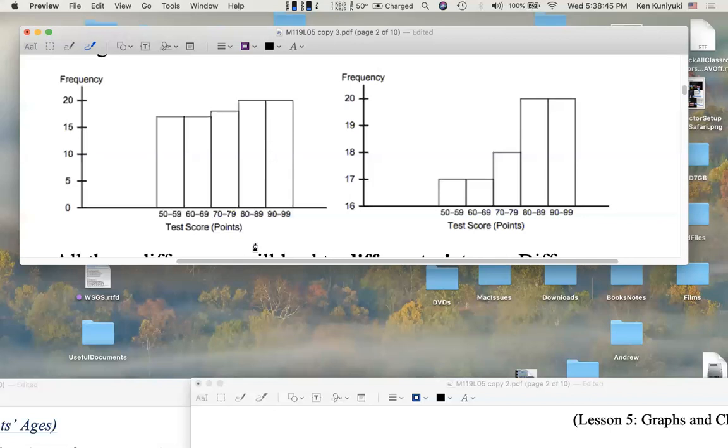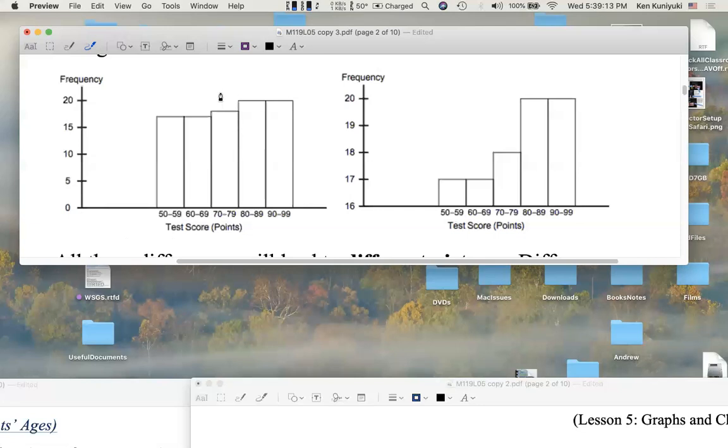I'll give you a hint. The horizontal axes are the same. The classes are the same. Basically, F's, D's, C's, B's, and A's. We have the same horizontal axes on the two histograms. But look at the vertical axes, the frequency axes. Very different, aren't they? Teacher A, in a way, was kind of honest, started with 0 over here as the